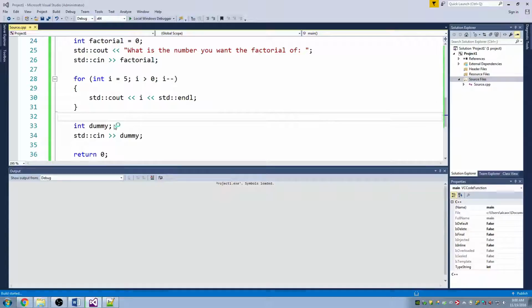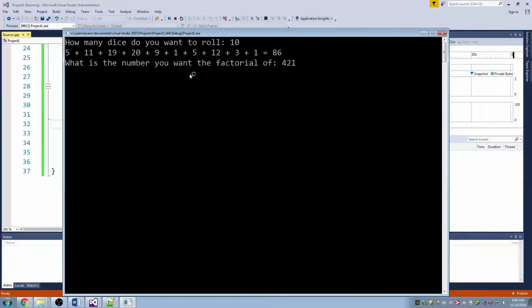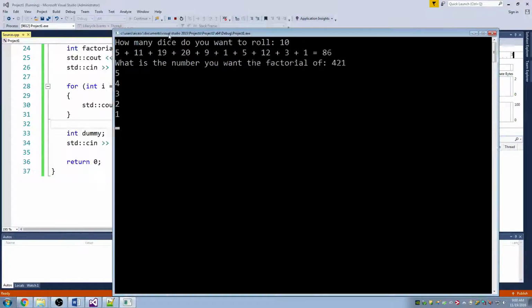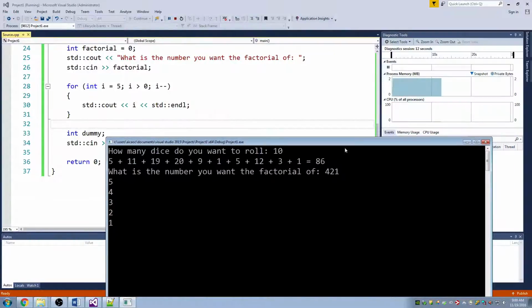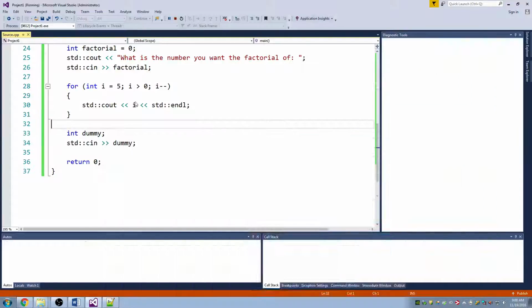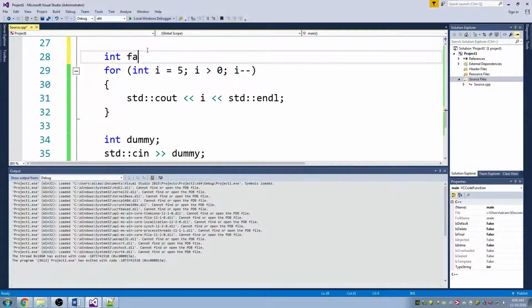I typed in a number that was too big. So see how I have 54321 printed out? So if I can just take these numbers and multiply these numbers by one another and store the result, then I have my factorial. So this is literally just a for loop that counts from 5, decreases by 1 every time, and stops when it hits 1. So if I create another variable here called result,